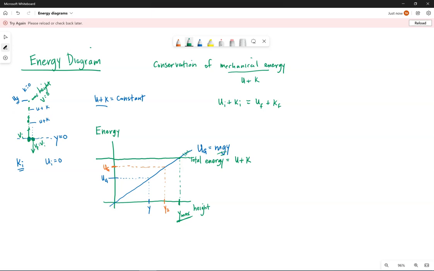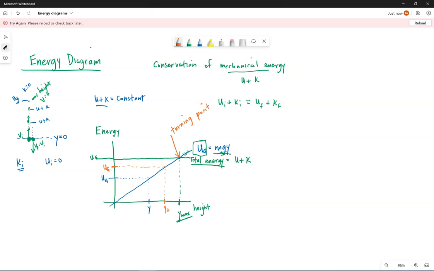This line still represents the gravitational potential energy in the system. But because my potential energy line, that line at an angle that I drew to represent mgy, intersects the total energy, that is the maximum height. This we call a turning point,